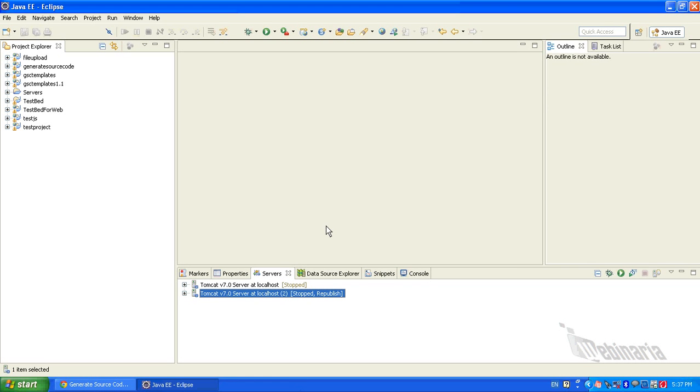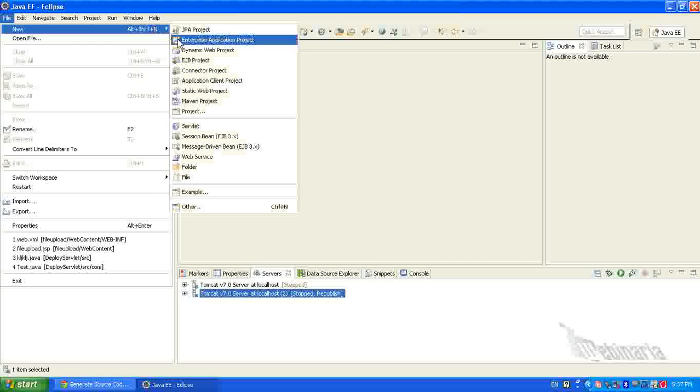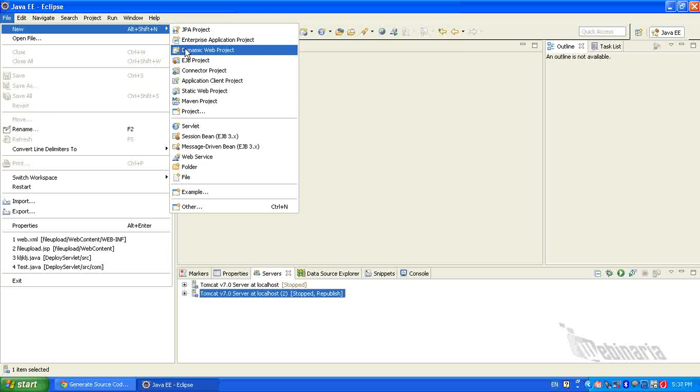Hi, in this tutorial I will show you how to create and deploy a servlet using Eclipse and Tomcat. First, we will create a dynamic web project. In Eclipse, click on File, New, select Dynamic Web Project,